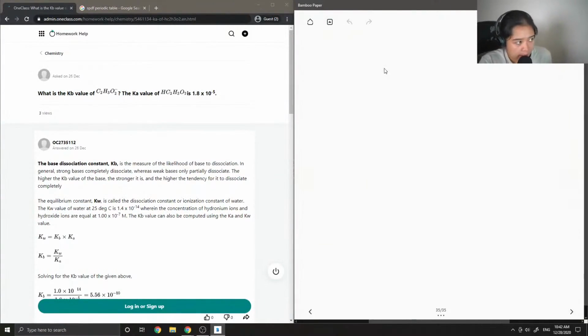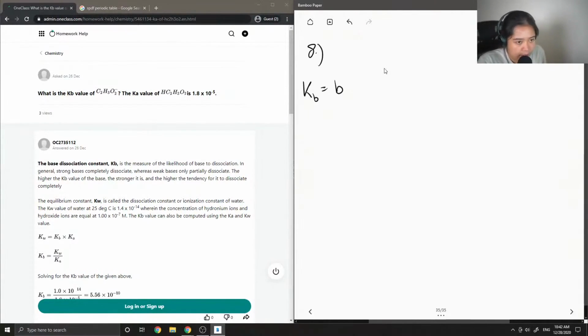Okay, so question 8. What is the Kb value of C2H3O2 minus? The Ka value is 1.8 times 10 to the negative 5. Okay, so Kb